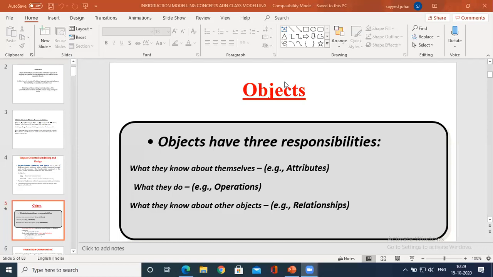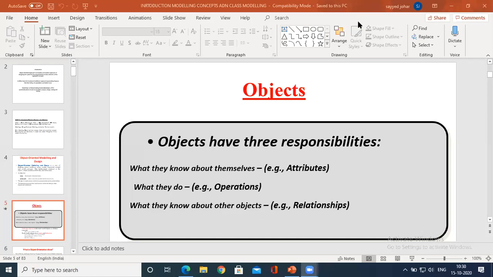When you say an object has its own separate attributes, what they know about the other object is a relationship.